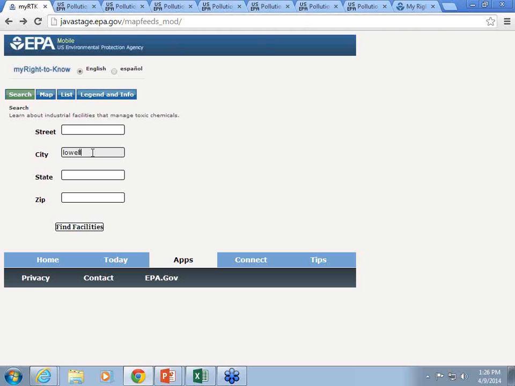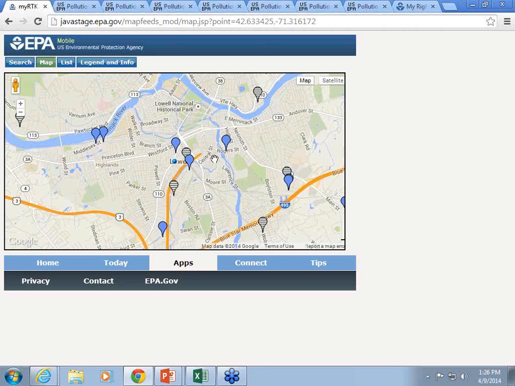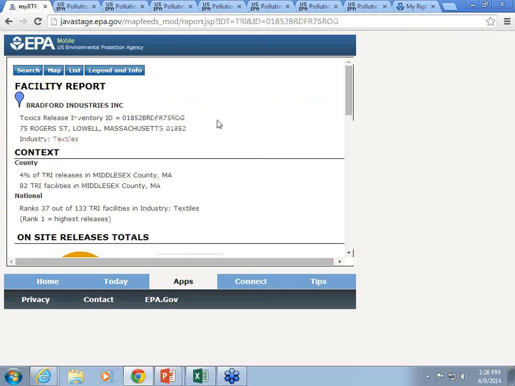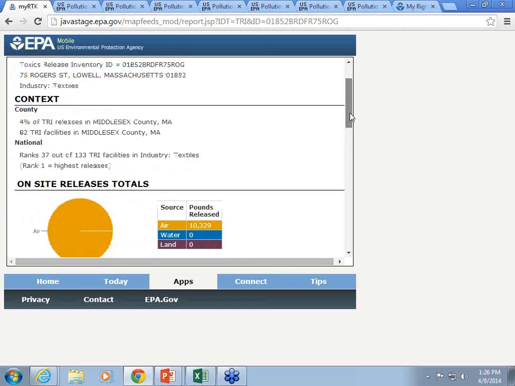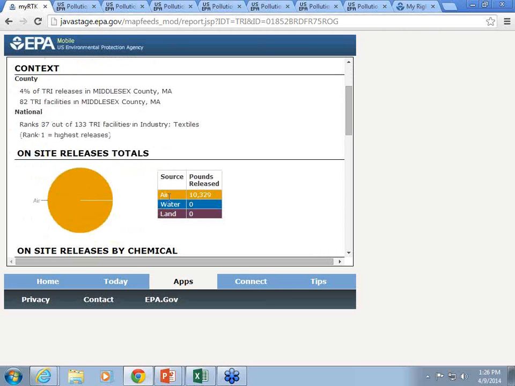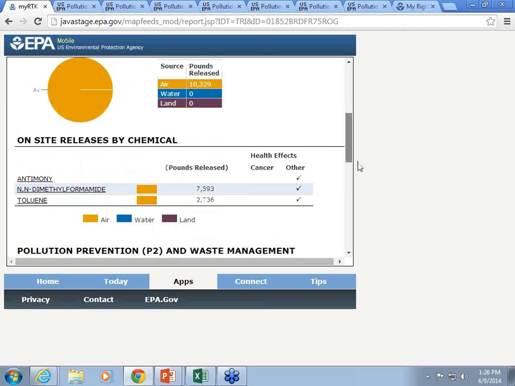If I wanted to just see facilities in my neighborhood, I put that in here. It gives me a simple map showing me all of the nearby facilities. I can then go in and select a facility. So I didn't have any prior knowledge of what I was really looking for. I just put in my city or zip code, and here's the TRI information. It gives just an overall framework of air, water, land, what's being released, how does it compare to others, and